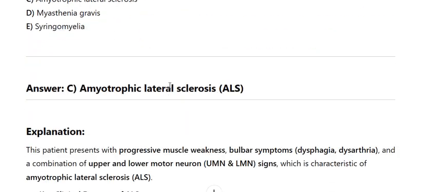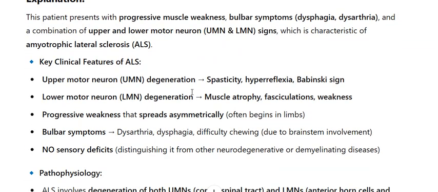This patient presents with progressive muscle weakness, bulbar symptoms, dysphagia, dysarthria, and a combination of upper and lower motor neuron, UMN and LMN, signs, which is characteristic of amyotrophic lateral sclerosis, ALS. Key clinical features of ALS: upper motor neuron, UMN, degeneration: spasticity, hyperreflexia, Babinski sign. Lower motor neuron, LMN, degeneration: muscle